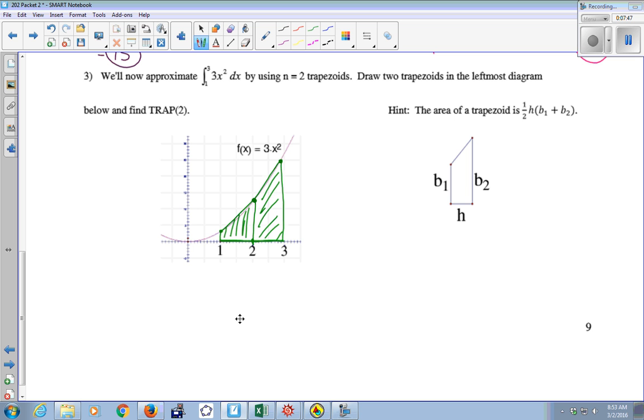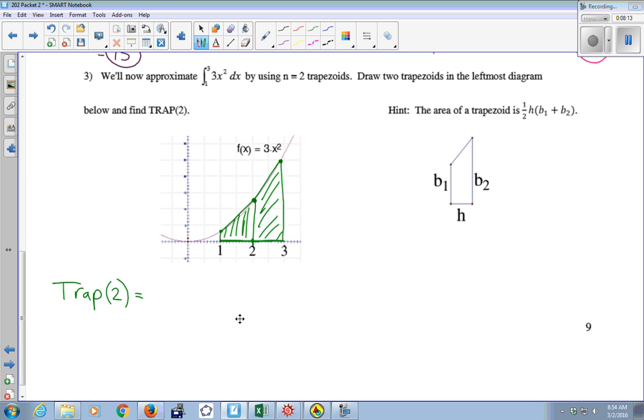All right, so quick hint, the area of a trapezoid where h is the height, which is, in our case, the width of each interval, right? Base 1 and base 2 are the 2 different heights of your trapezoid there, the 2 different bases of your trapezoid. And so the area is 1/2 height times base 1 plus base 2. So if I want to do trap 2 here,